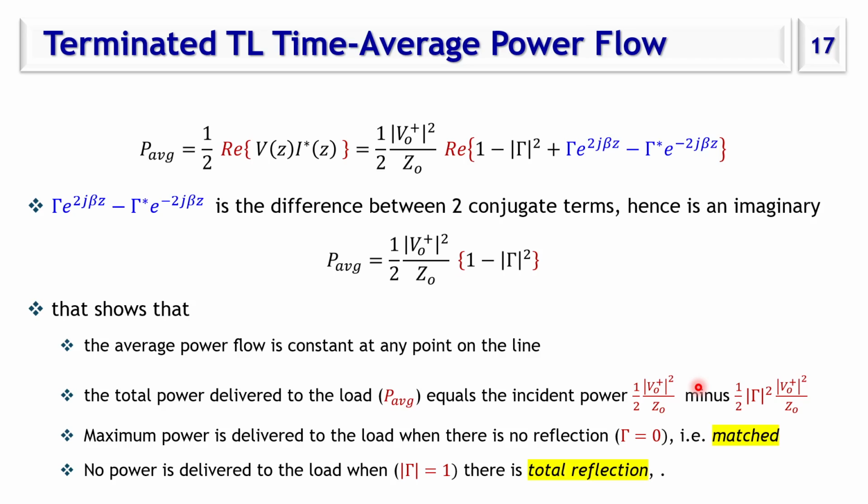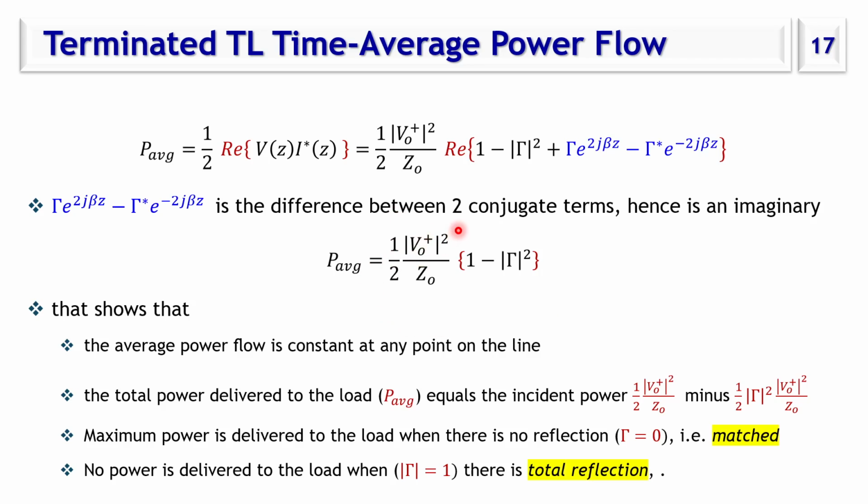So it is very important to examine the amount of power traveling on this line. The average here means time average. Power flow equals half the real part of V times I conjugate. So we just do the math, we can find the expression, and here these terms in blue are like a complex term minus its conjugate, and you can see that in this case these two blue terms will result in a pure imaginary term, and you are taking the real part, so they will have no effect, and we end up with this expression here: